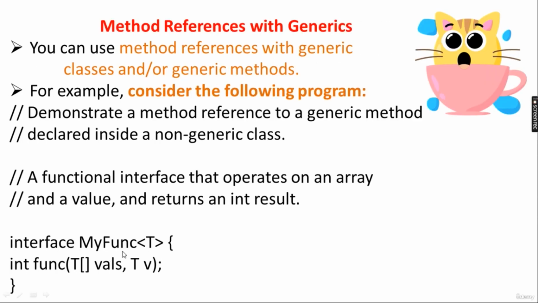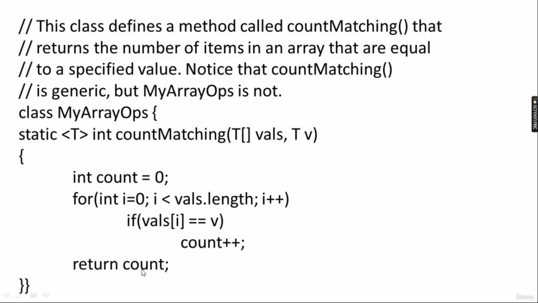So MyFunc is a functional interface. It has only one method, which has no body. The function has two parameters: one is the array and the second is the value. This method is called countMatching. This class defines a method called countMatching that returns the number of items in an array that are equal to a